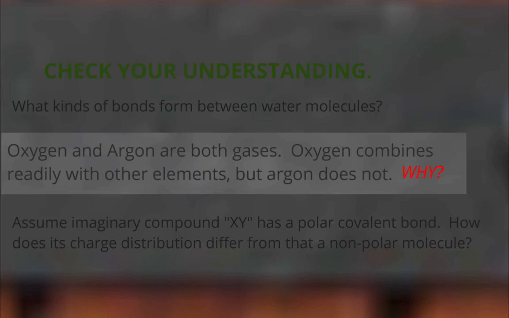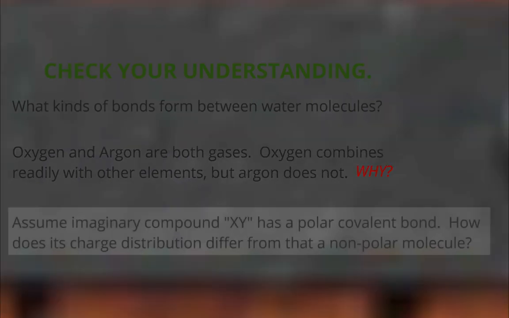Now, I'm going to leave this one for you to figure out on your own. Assume we've got this imaginary compound X and Y. That would be 2 different kinds of atoms, in case you didn't